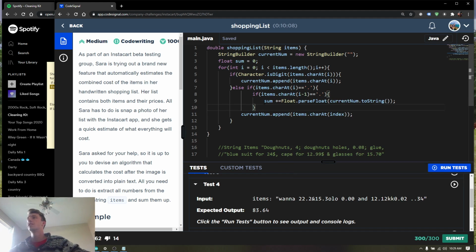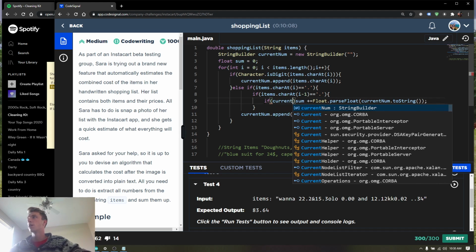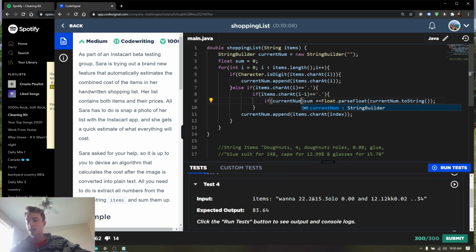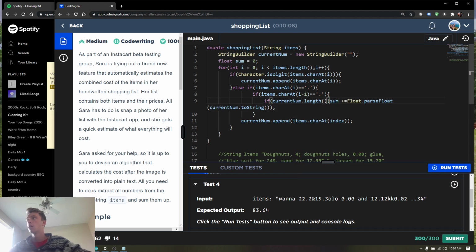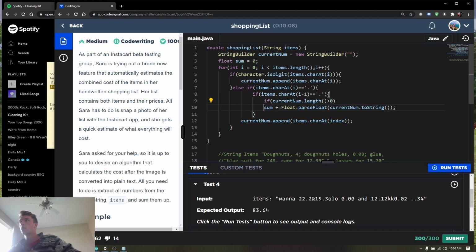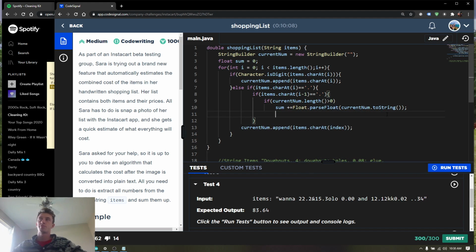Oh, we also need to check. Okay, so we only want to add this to the sum if current number has a number in it, you know what I'm saying? Because if it doesn't, it's gonna get us an error, and we don't want that. So we need to check and make sure it's larger than 1, and then we'll just do that. And then after that, either way, we're gonna do